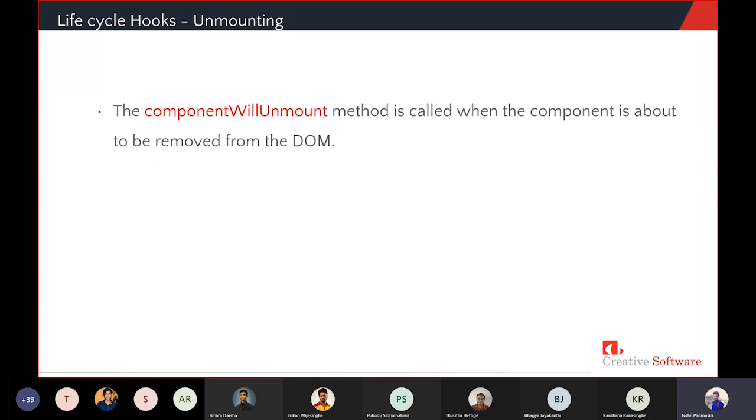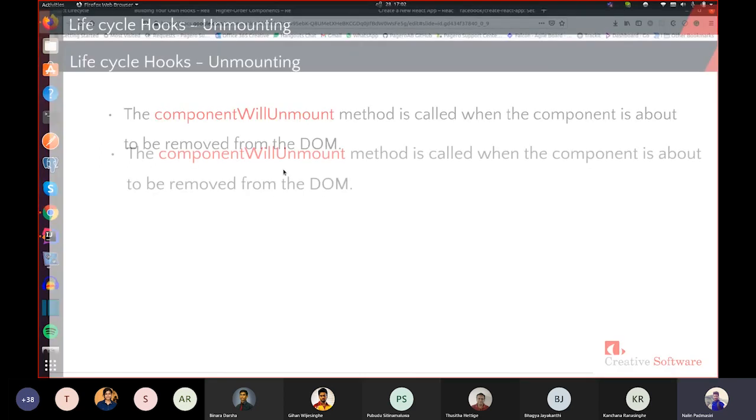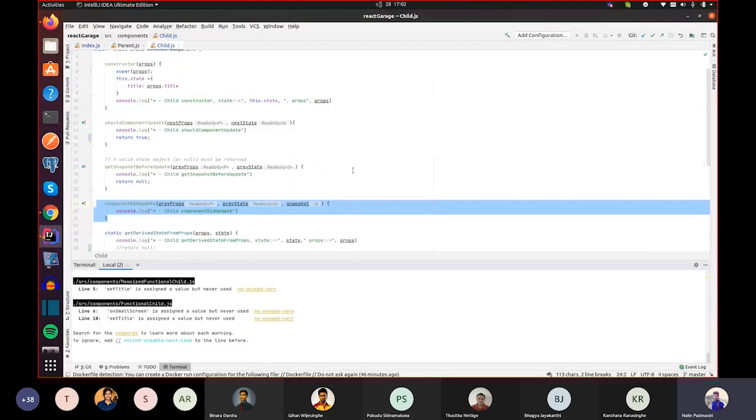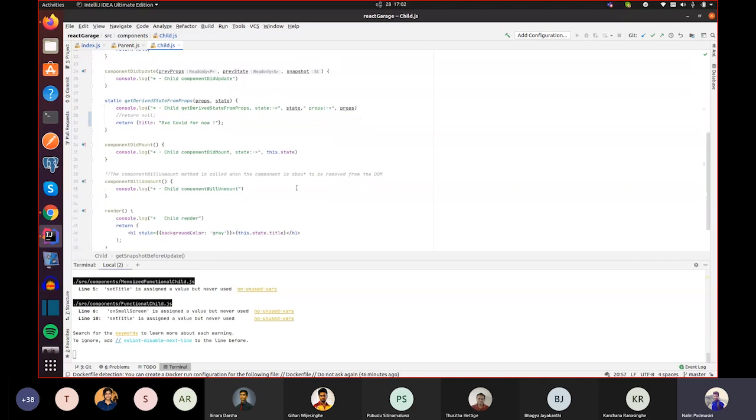And let's see how the unmounting occurs. The unmounting part is where you remove your components from the DOM. The componentWillUnmount function will be called right before your component is about to be removed from the DOM. So let's see that also in a practical manner.